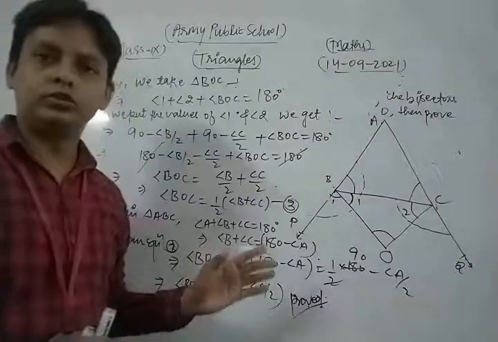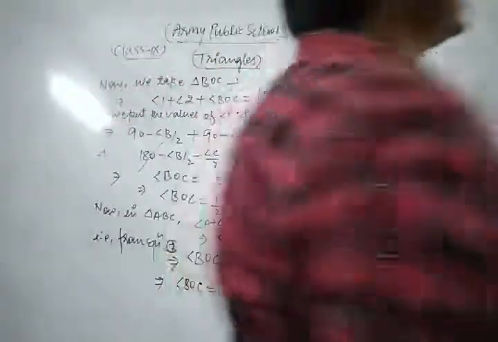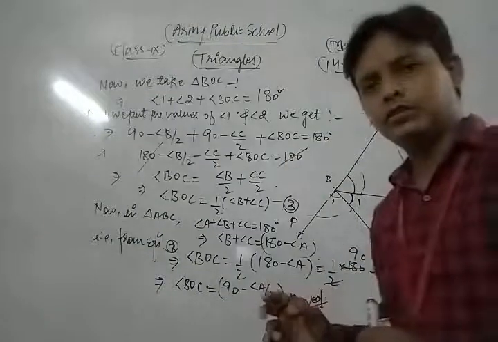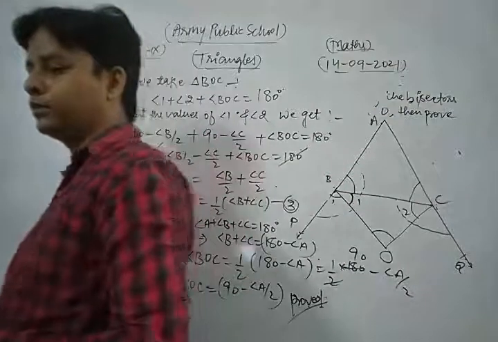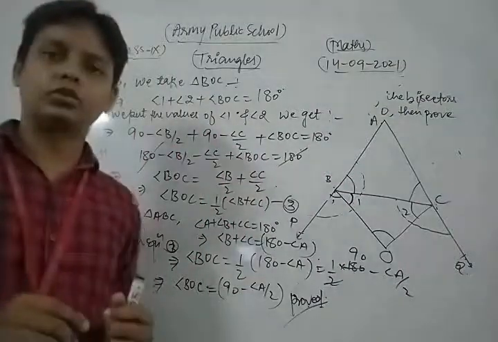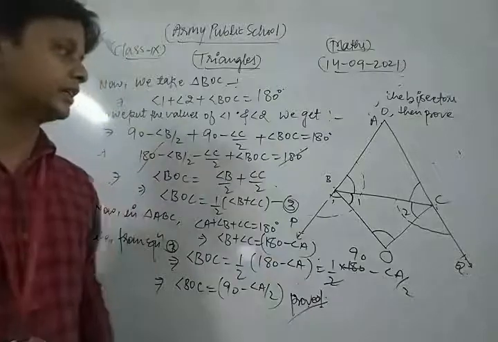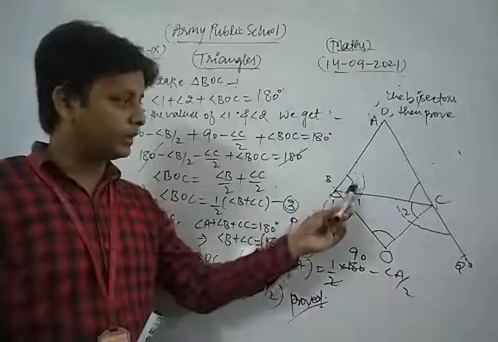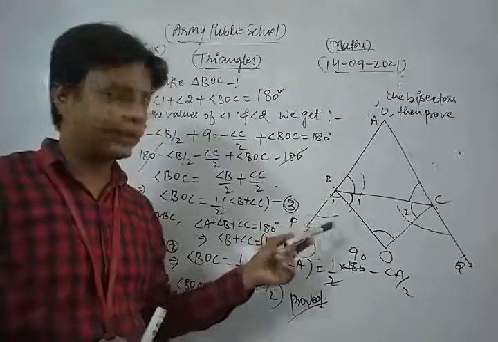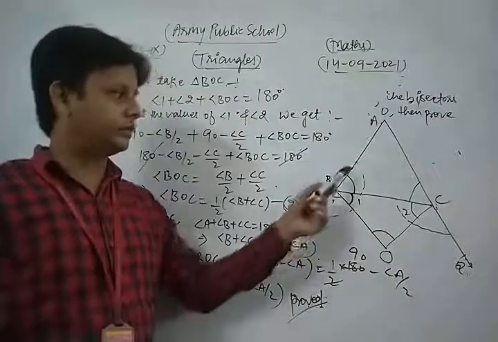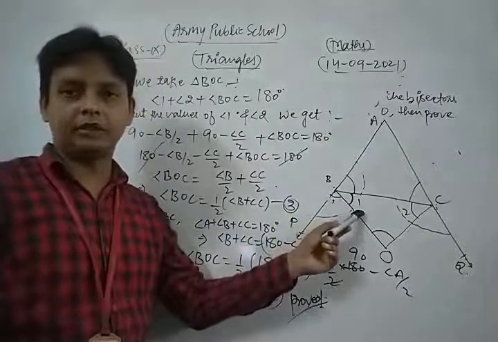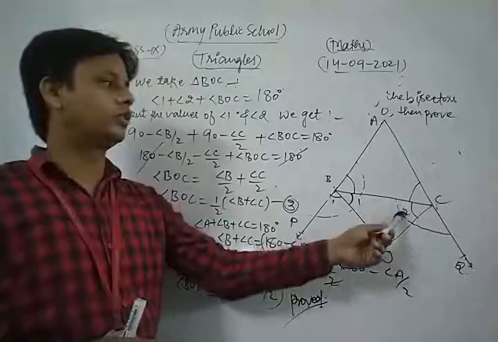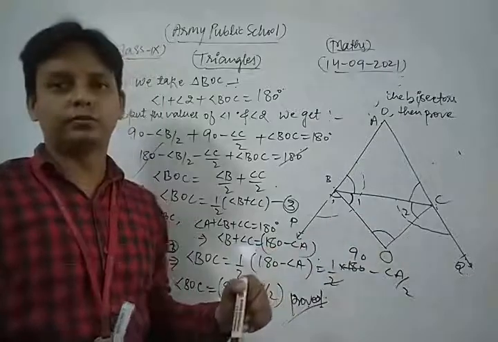Okay, so in this way, dear students, you can solve each and every question of NCERT exercise based on these topics. So please, dear students, do more and more practice of that type of questions. Now, once more we revise them. First of all, we apply the linear pairs property on that side, so we find the value of angle 1. Similarly, we apply the same concept on the other side, so we find the value of angle 2.